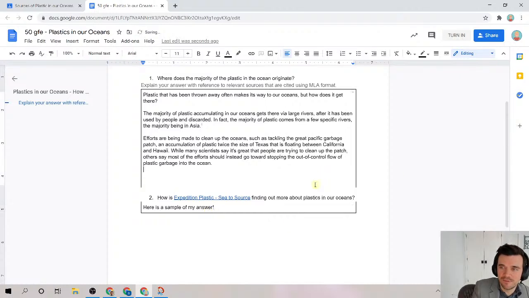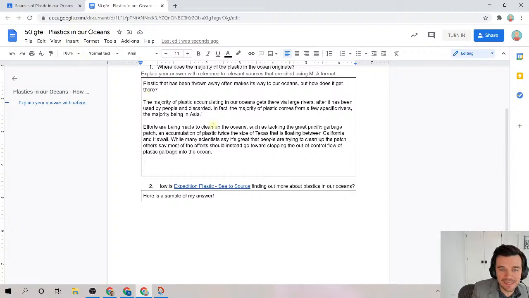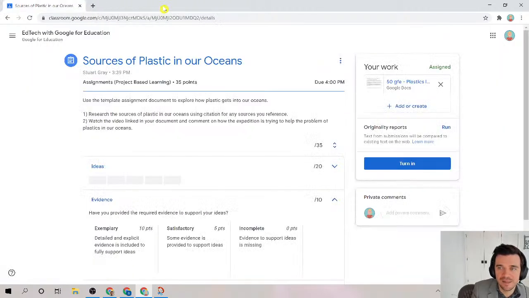So I can fill that content out, and when I'm ready, I can go back to my class, and they can actually turn it in now right from the doc itself. That's something new in docs where you have the students have a turn in button right at the top. Previously, they would have to close the tab and then click the big blue turn in button. Your students can turn it in right from the Google Doc,